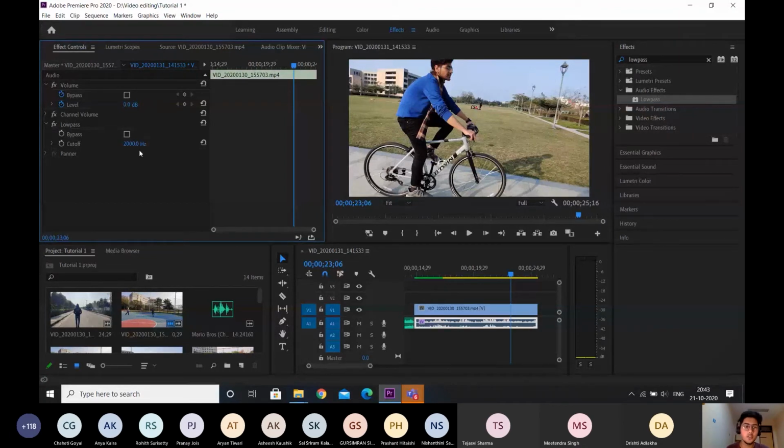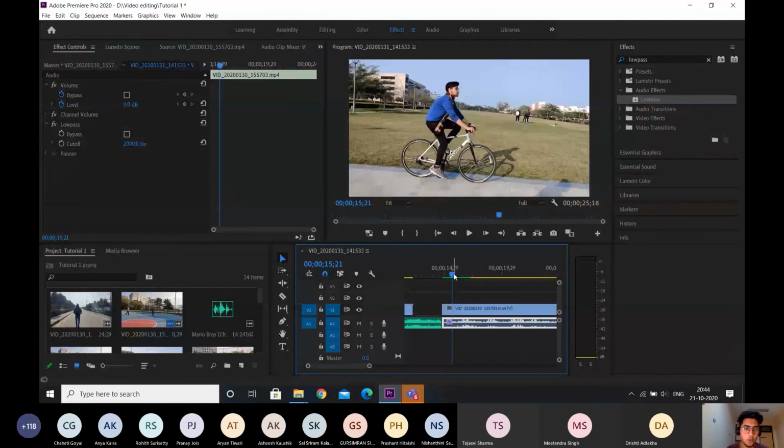Now, why do we need to use this? If you've seen video clips in which people are diving inside water, what happens as soon as they dive inside water, the audio changes drastically. So this is the filter that is used over there. As soon as the camera enters inside water, they put a low pass filter, and it sounds as if you're inside water. Basically the low pass filter tries to imitate that in some ways.